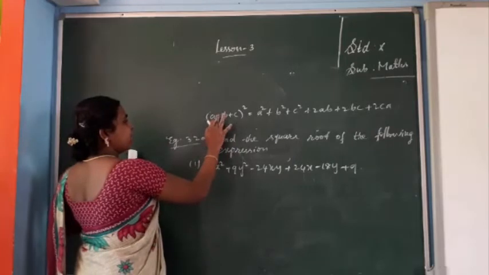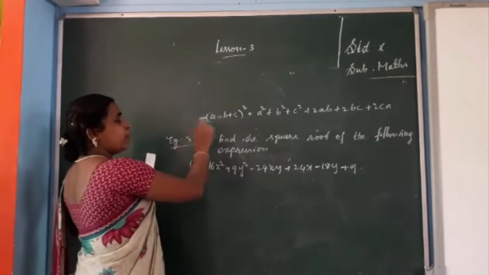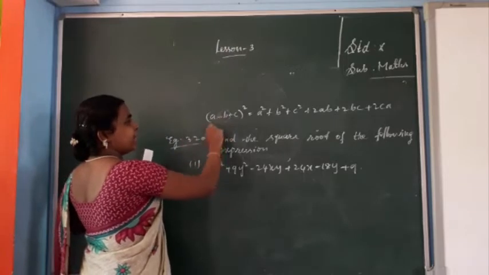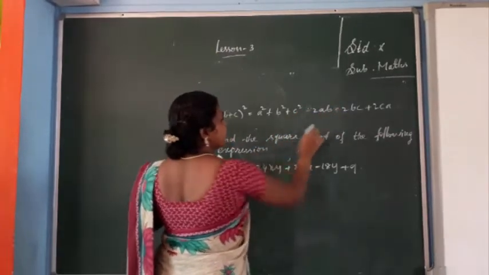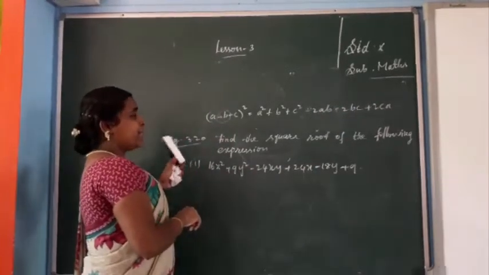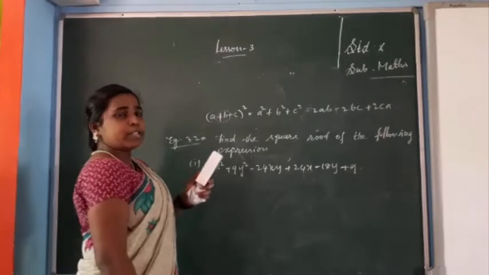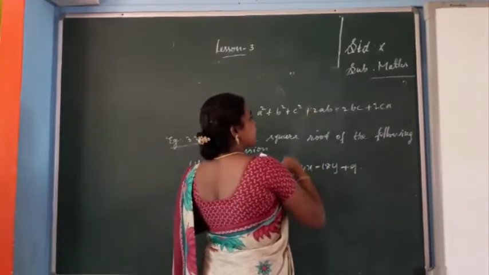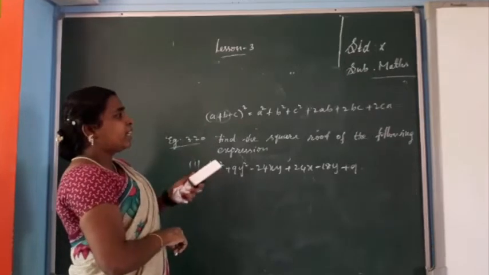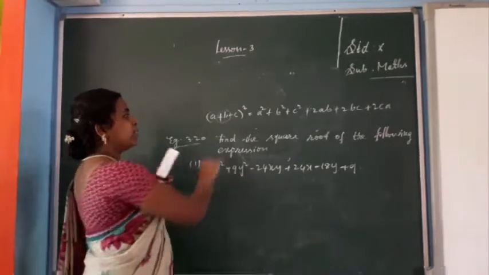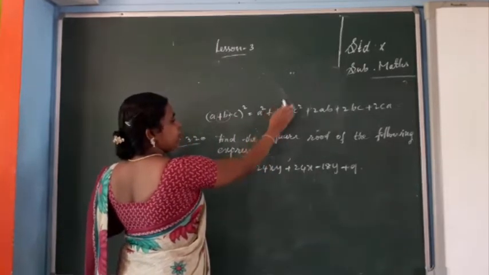Suppose b is minus. How will you write? Wherever that b is coming, in that place put minus, so minus 2ab minus 2bc. So the basic formula you want to know: (a plus b plus c) the whole square equal to a square plus b square plus c square plus 2ab plus 2bc plus 2ca. From there you can form two more formulas. If b is negative, wherever it is squared, it is positive only.